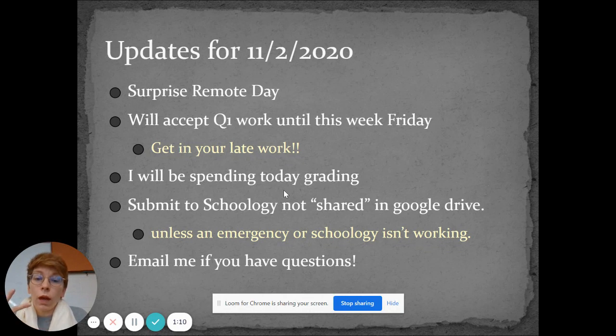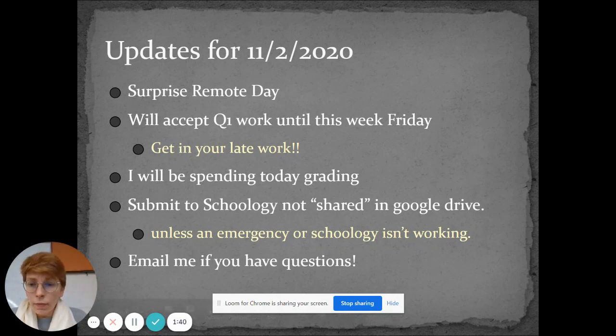Number three, today, since students are not here, I will get to spend the time grading. So if there is work that you have turned in, I've gotten a couple of emails that it hasn't been graded yet. Today I'm going to get that done. If you're seeing, hey, at the end of this day, still not graded, shoot me an email. Just say, hey, I sent this, I put this in, it hasn't been graded yet. Or I shared it with you. Please make sure that you have it.